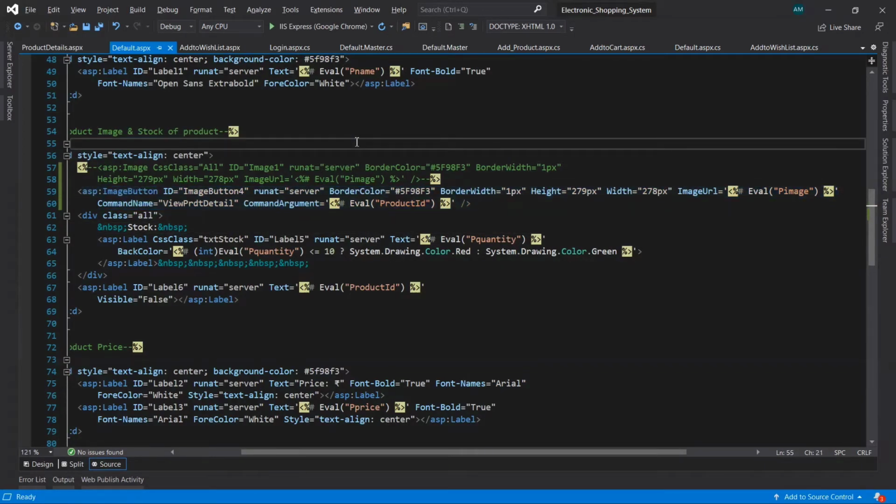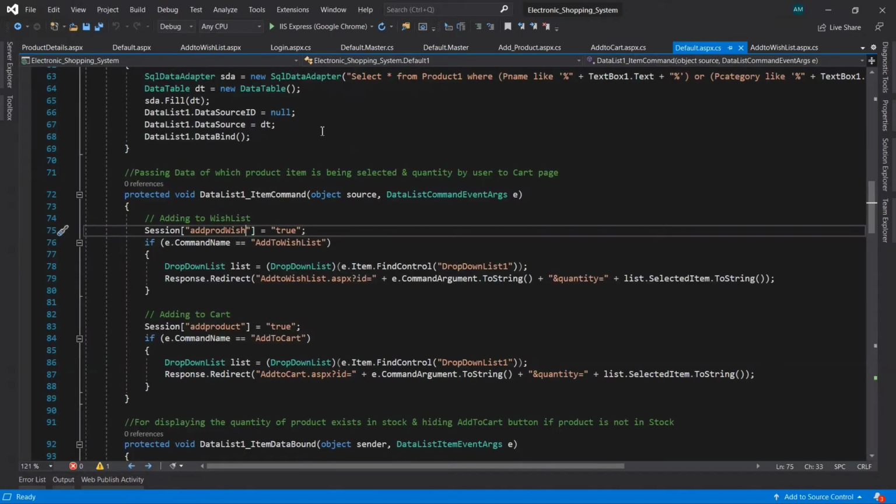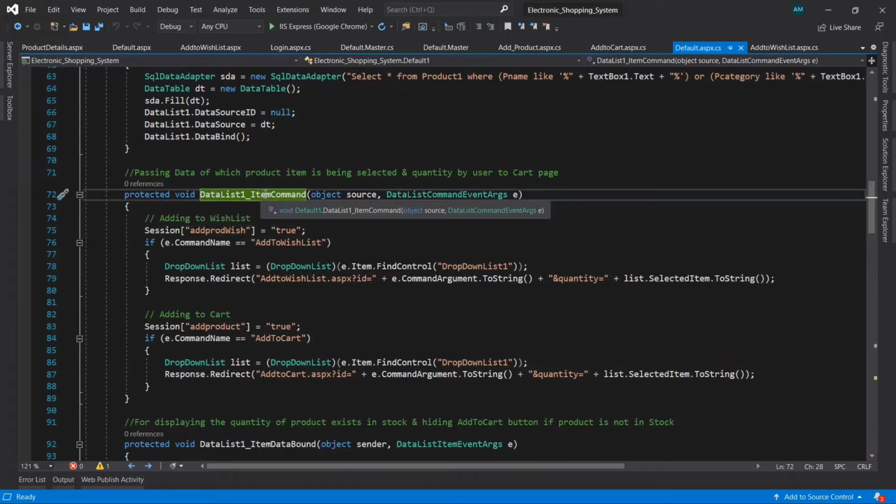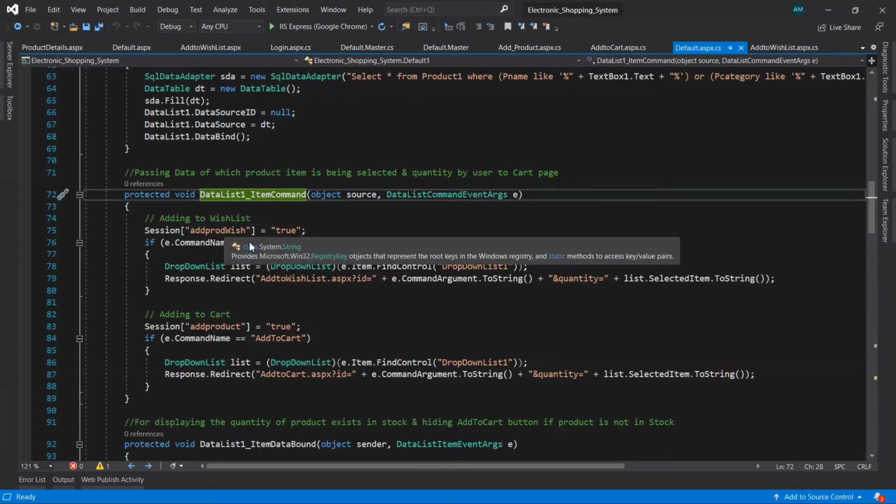So press F7, it will redirect us to the default.aspx.cs page. So here in the data list item command, we have to give that code.